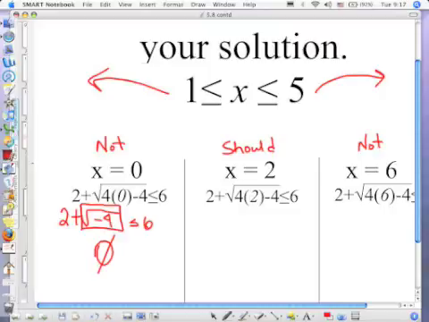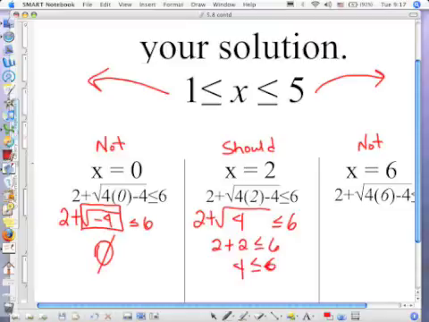If x is 2, 4 times 2 is 8. 8 minus 4 is 4. 2 plus 2 is 4. And 4 is less than 6. Okay, good. It's supposed to be. And if x is 6,